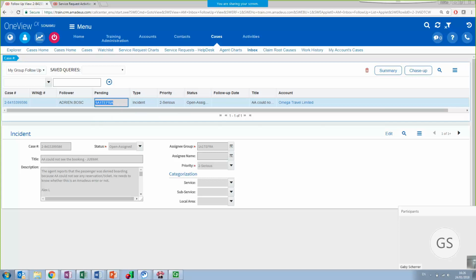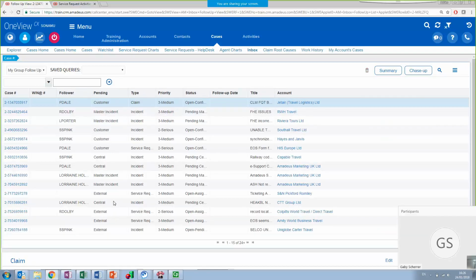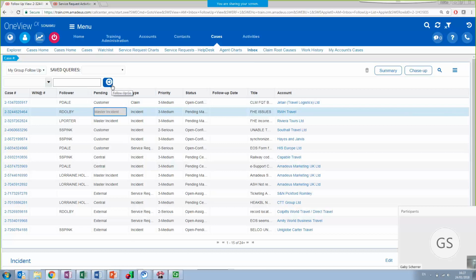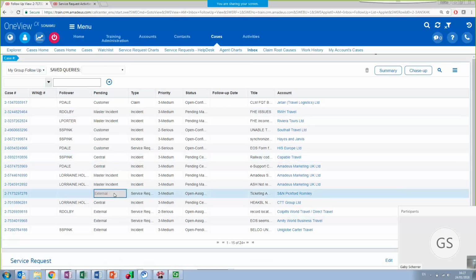If I clear the filter here, you will see that pending can be pending customer, if you set the status to waiting on customer; pending master incident, in case it's linked to a master incident; pending central, if you're waiting central resolution; or pending external, if you're waiting for an action from a group external to Amadeus.